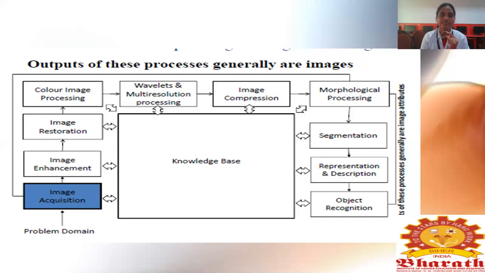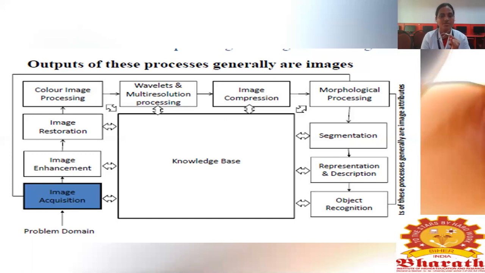And one more thing I should have told you. Image acquisition and object recognition are the main steps that should be there in digital image processing. For all the other fundamental steps, there is no such necessity; it depends upon your application. You can choose the processing steps you really want.